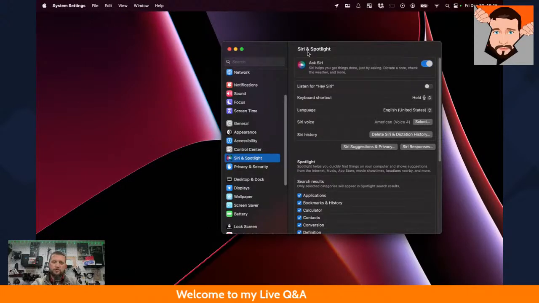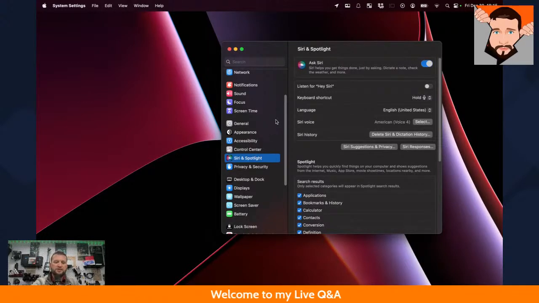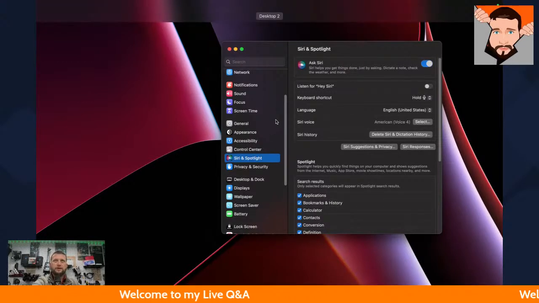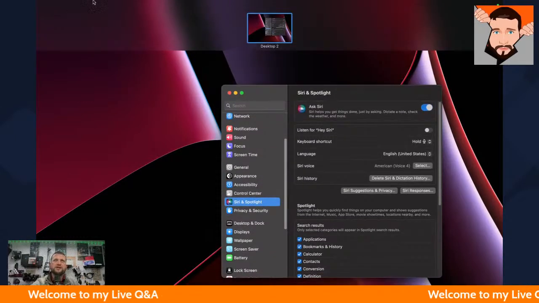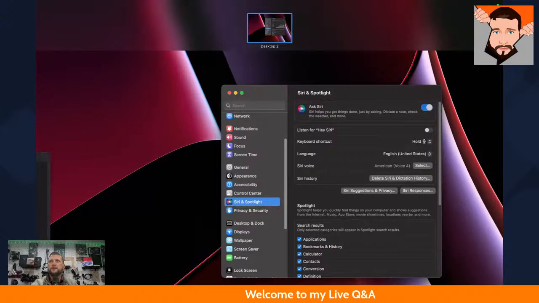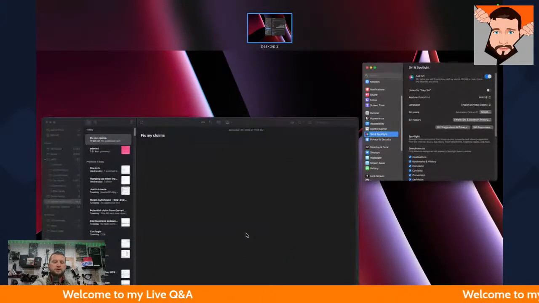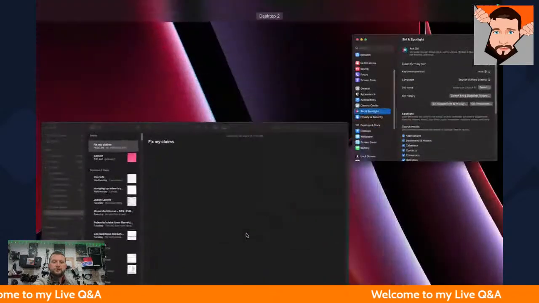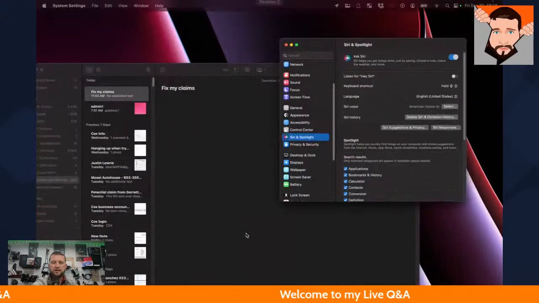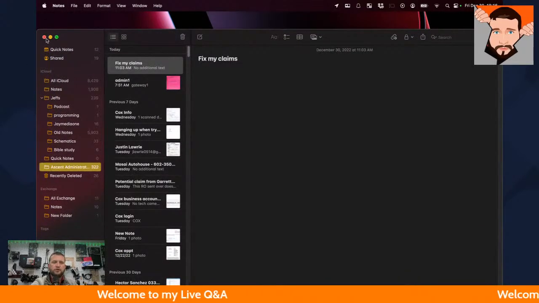If you're a Windows user coming to Mac, you probably don't understand the term. But Mission Control, basically, if you have a bunch of apps open on your desktop at one time, what it does is it kind of punches those out and lets you see everything that's open on your computer. So I'm going to pull up Notes here so you can see how it operates. So Mission Control's off, Mission Control is on. See how it separates them and kind of puts them in a place where you can see everything